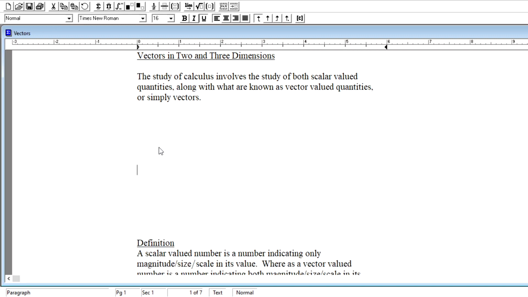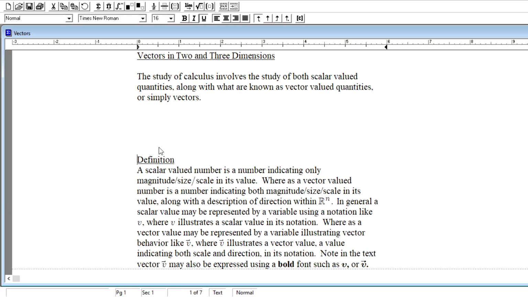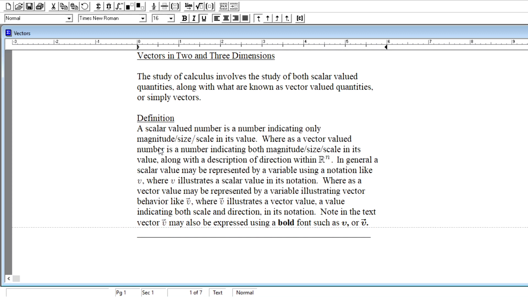Well, let me bring my definition up here into view. Here I define both a scalar valued number and a vector valued number and highlight a little bit on notation. A scalar valued number is just a number indicating magnitude, size, or scale in its value. It lacks what we include in the idea of a vector, and that is what we think of as being some sort of direction